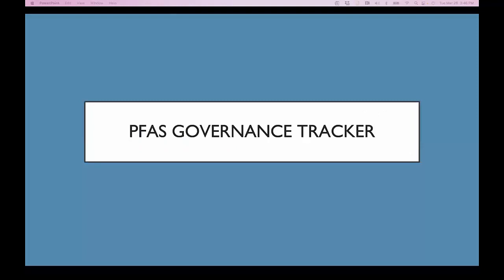Another aspect of our work with the PFAS Project Lab has been tracking the growth and development of regulation and governance action around PFAS. Just as Julia mentioned, there has been a huge increase in scientific research on PFAS over the last maybe 10 years or so. There's been really an explosion of governance activity as well. So if you want to go to the next slide.